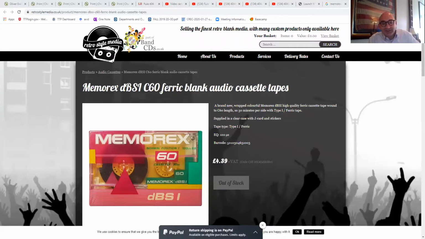In case you're wondering what a Memorex tape is, I thought I'd show you an example here. Here we go. That is a Memorex tape. It's a cassette tape, in case you wonder what those were. These are things that record audio. And I think it's kind of funny that the website that I found that had this is called Retro Style Media. There are so many technological innovations coming along that it's hard to believe that everything that's now 10 years old is a retro means of recording something. But that is a Memorex tape.